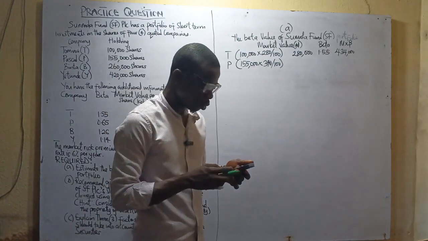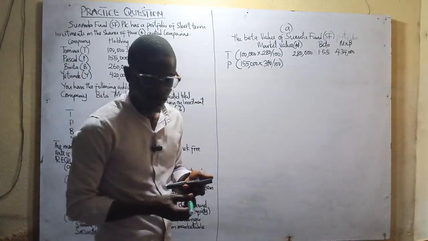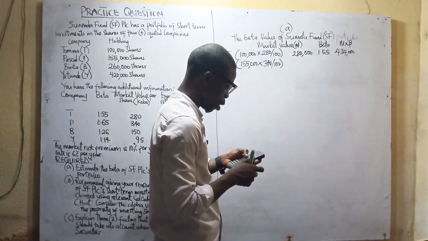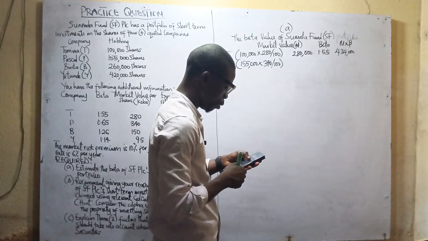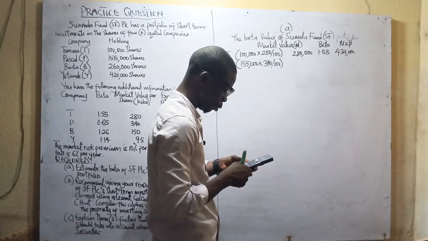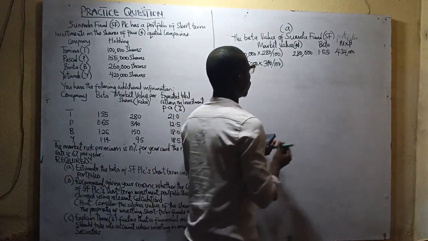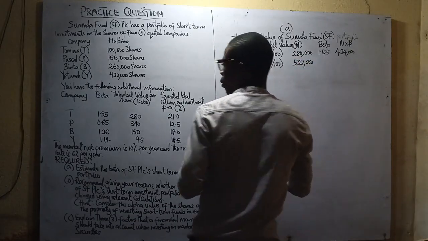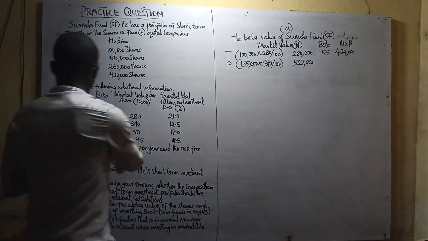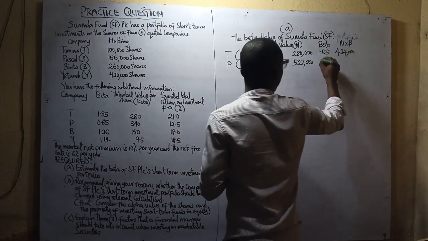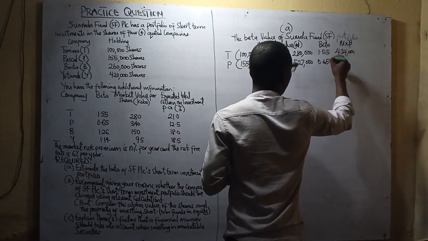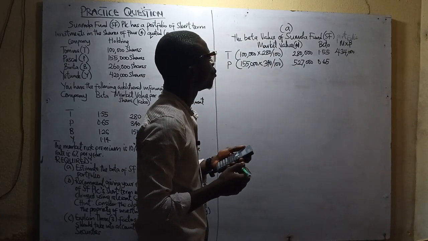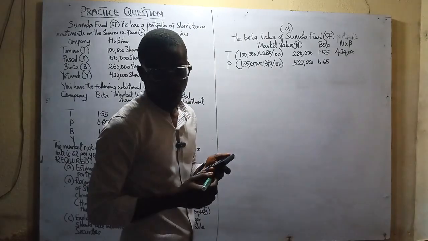So that will give us 527,000. So what's the beta? The beta value of P Pascal is 0.65. So 527,000 times 0.65. That will give us